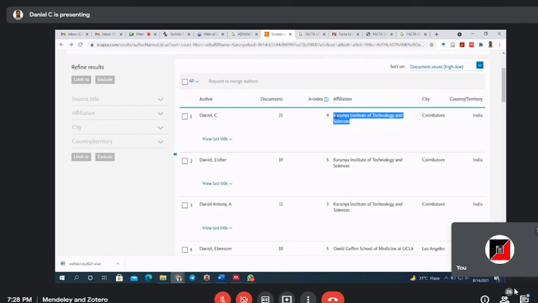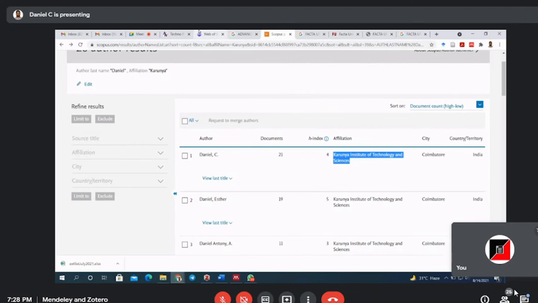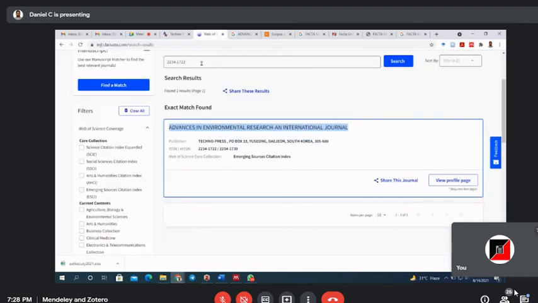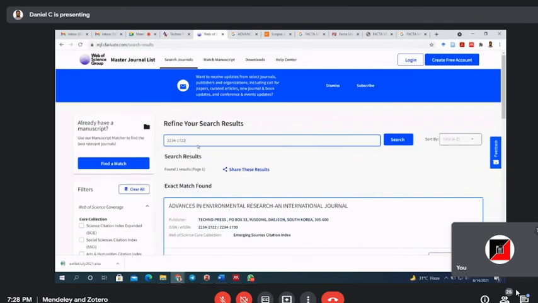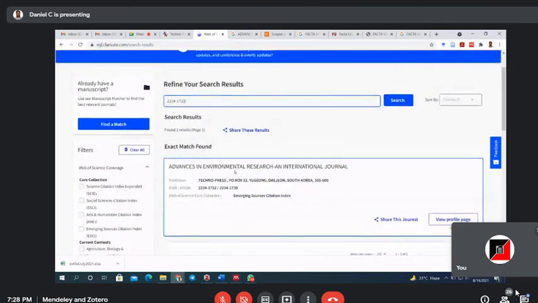But the issue is that there is no option like this Scopus one for Web of Science. We have to search with the ISSN number or the title of the journal in the Master Journal List. That is the reason many researchers in India don't want their articles to be in Web of Science. But SCIE is a Web of Science indexed group. Science Citation Index belongs to Web of Science.